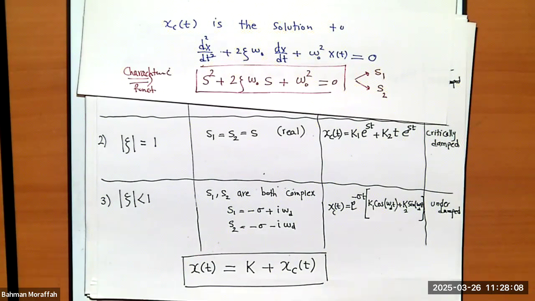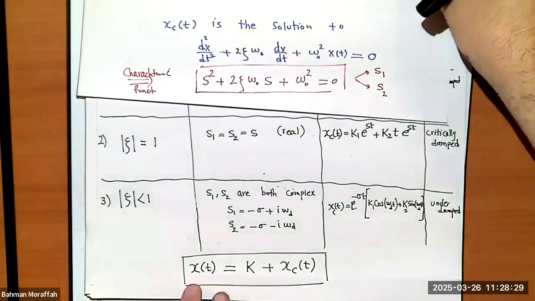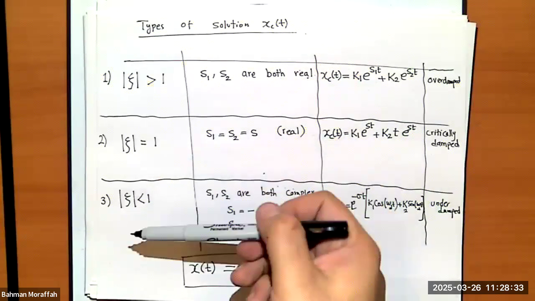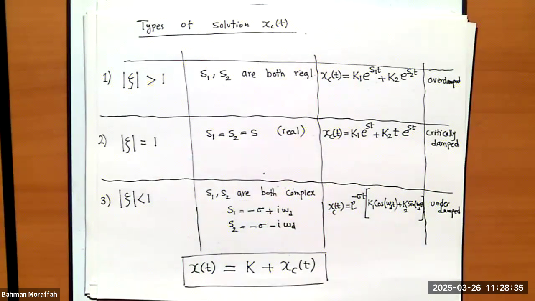So to have a unique solution for this differential equation, I need to find three variables. I need to find k, I need to find k1, and I need to find k2. Obviously, finding k is very, very simple, right? Because if you look at any of these equations that I have here, regardless of c greater than 1, equal to 1, or less than 1, if I find the limit of x of t when t goes to infinity,